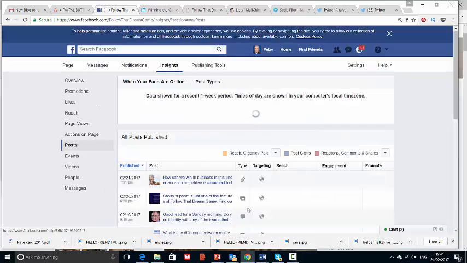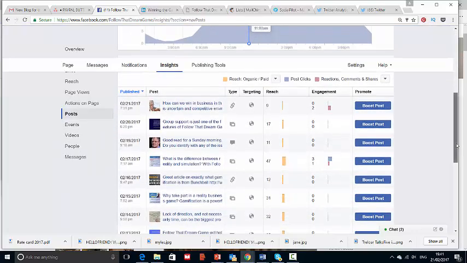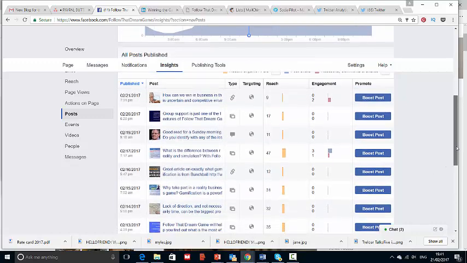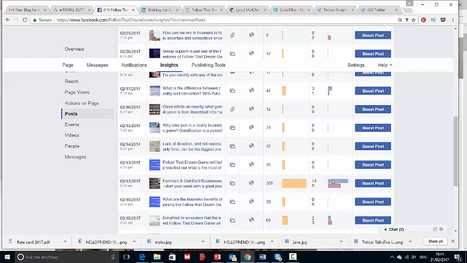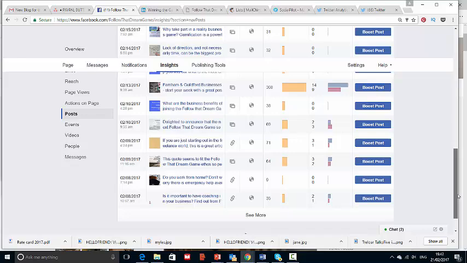We'll see a bit more of this. Let's go down to the posts a bit more. So this one's been good. This was because I shared it out into quite a few groups and stuff like that. And as you can see there, people have been clicking on that post to look and read a bit more information. And it's likely that a few of them have clicked through. That's about the level of the stats that you can get there. But people are reacting to stuff.